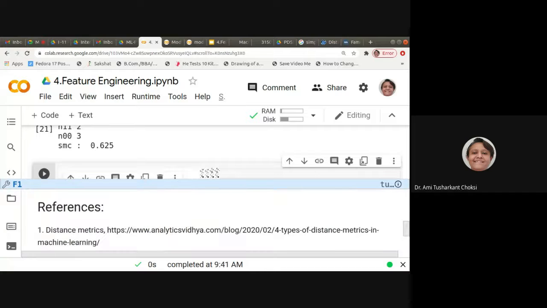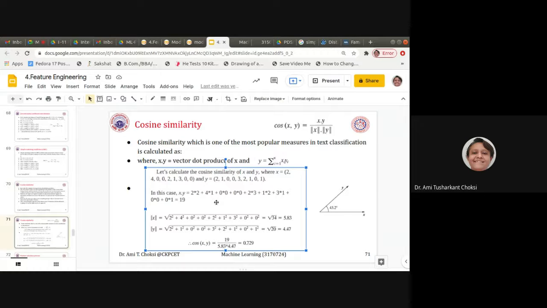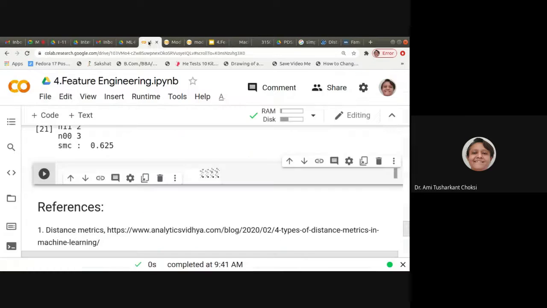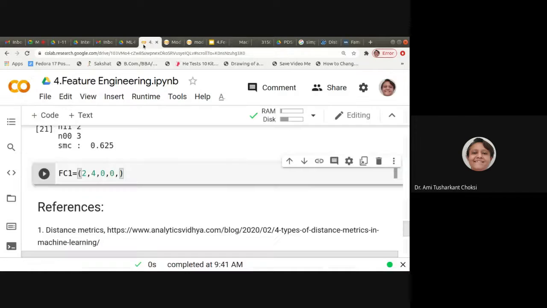F1, or say for cosine we can say FC1, right? That is equal to 2400, then 21300.